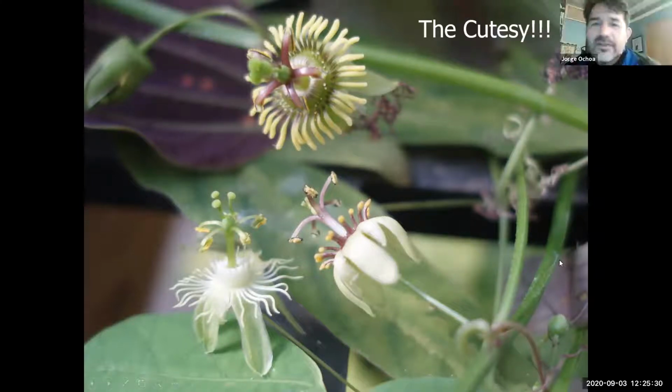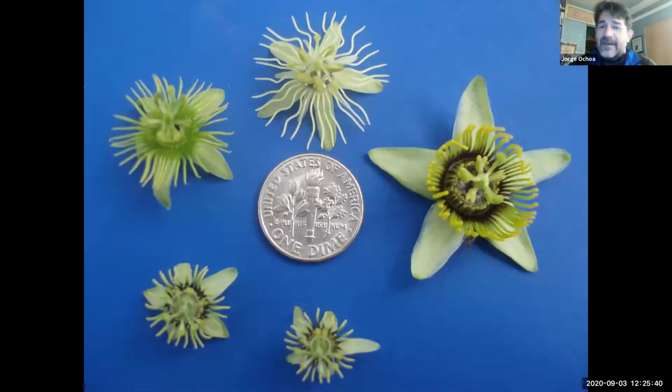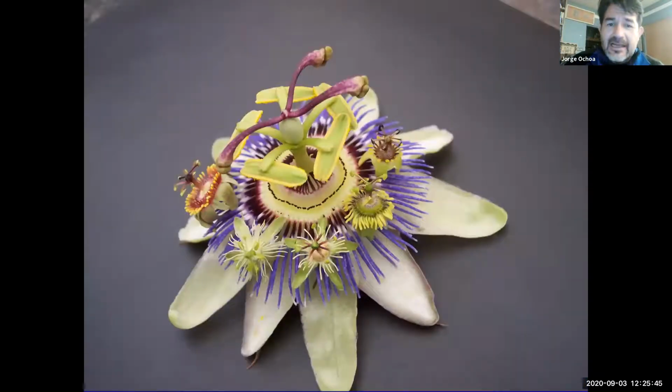So the cutesy passion flowers are going to be very small. And here I have 3 of them together, just kind of for scale. And here's 5 of them for scale with a dime. And here are 5 of them on top of the common blue that most of you may have seen, or if not, just walk around our garden. They're growing everywhere. So we have 1 here, 1 here, 1 here, 1 here, 1 here. So 5 on top for scale.